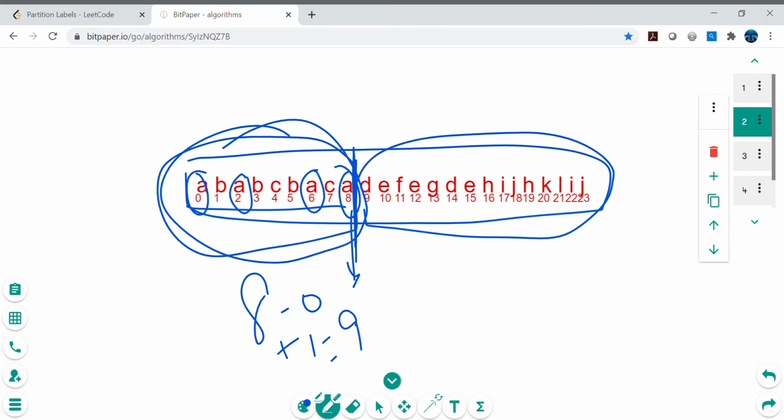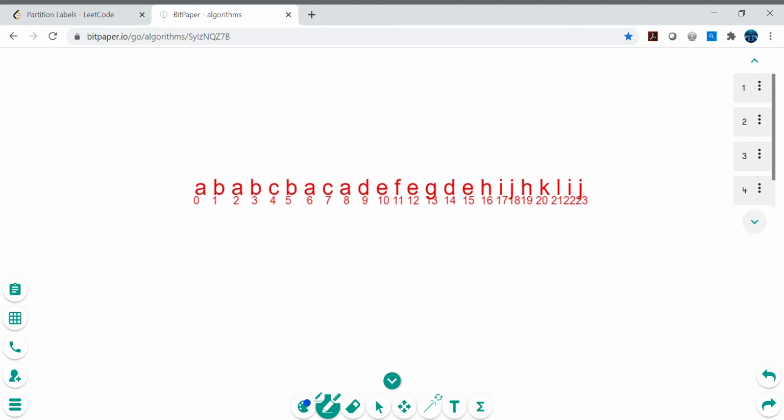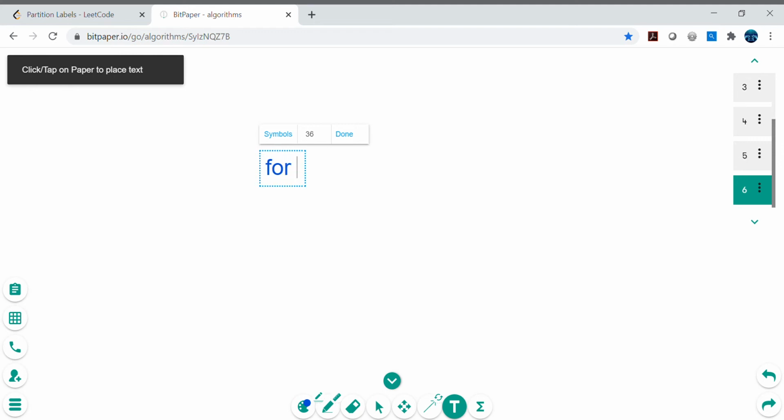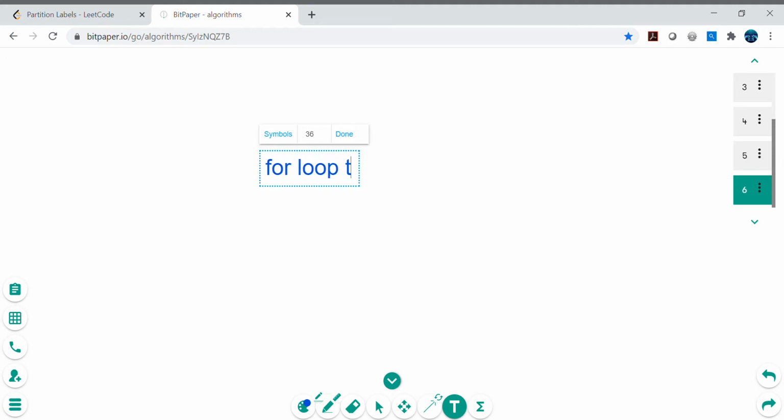So now here we need a couple of things, right? So first of all we need definitely one for loop, right? So if I have to write down the approach, one for loop to iterate, or I would say walk through, to go through each character, or I think iterate is also fine. So iterate each character,